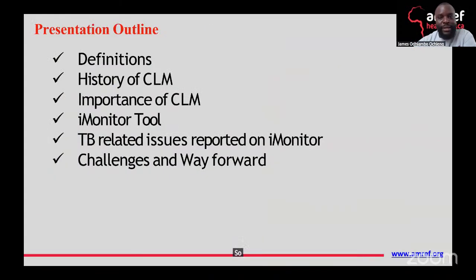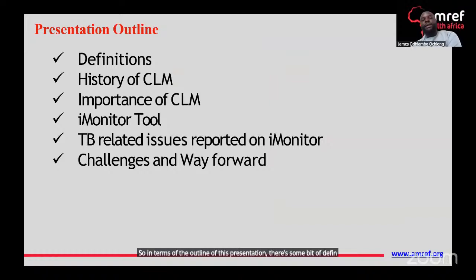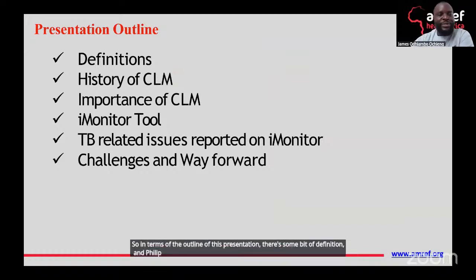In the outline, there is some definition in the context of CLM. When we talk of community, we don't refer to geographical boundaries, so we'll look into that.